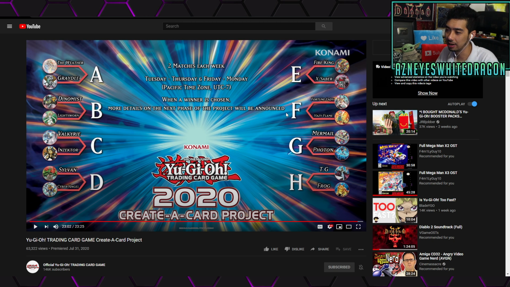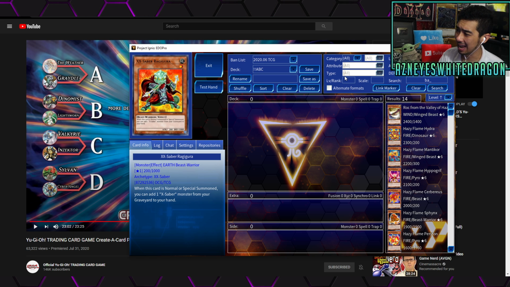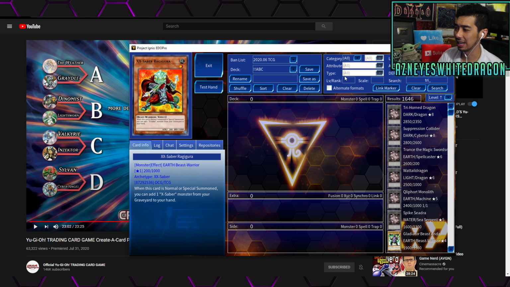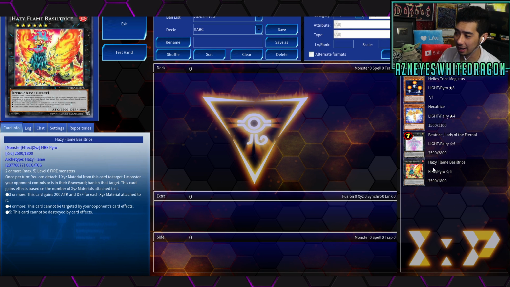And both of these are just outdated in terms of the mechanics. For Hazy Flame, they were supposed to make this, was it Basilisk Trice? I think they changed the name, right? Was it Hazy Flame? Oh, gosh. Trice. Let me type in Trice. Okay, here it is. The whole goal was to make this card over here, and Hazy Themes, it was called